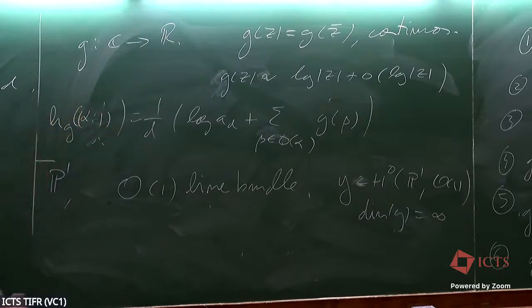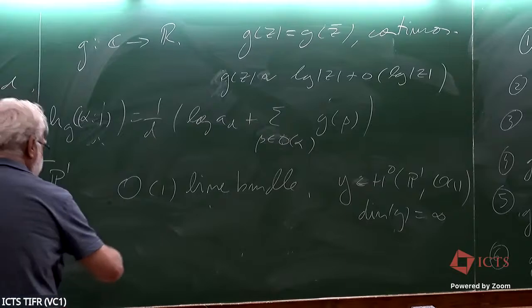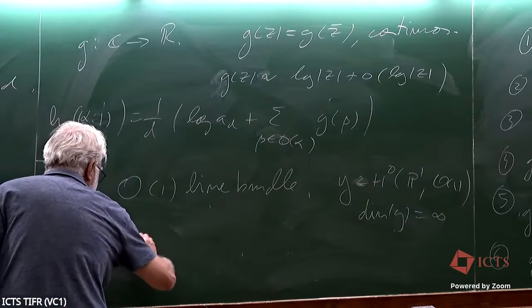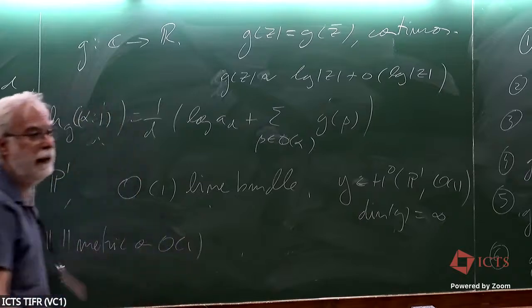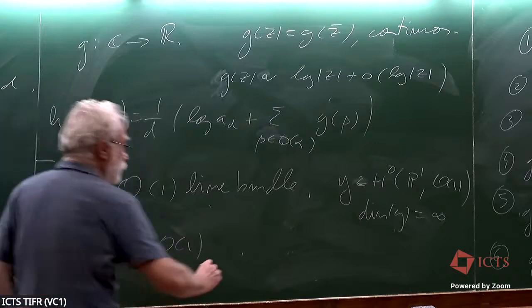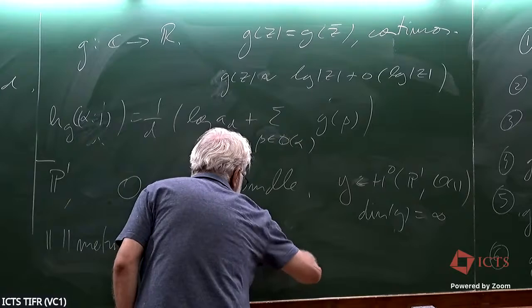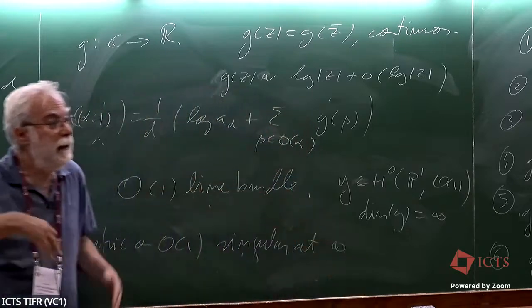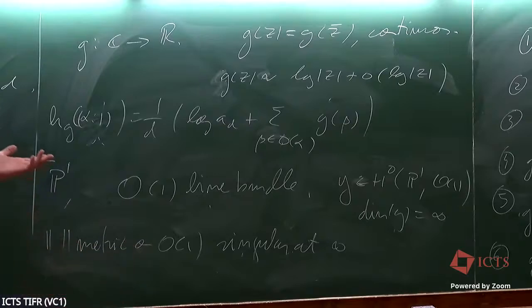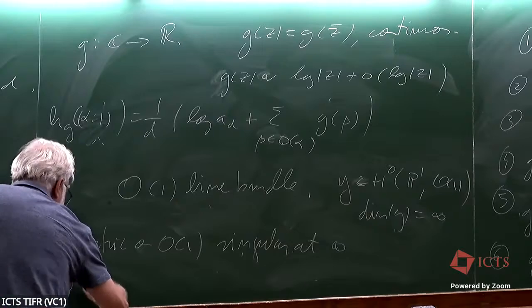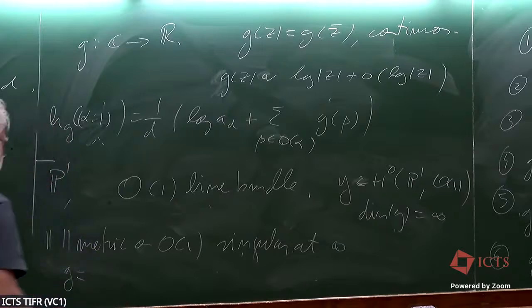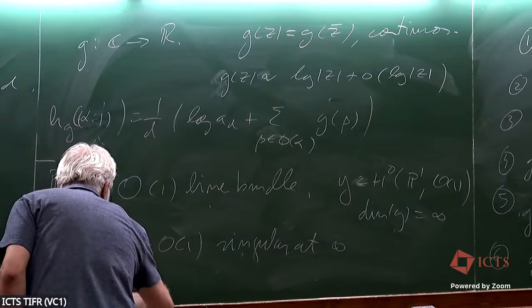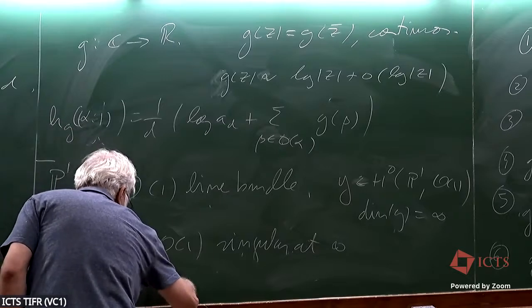Then I have a norm, a metric on O of 1, which is maybe singular at the point infinity. So it's continuous on C, but it might have singularities at the point infinity or not. So the important thing is that I have a metric on O of 1, and then my function G is just the logarithm of the norm of the section Y